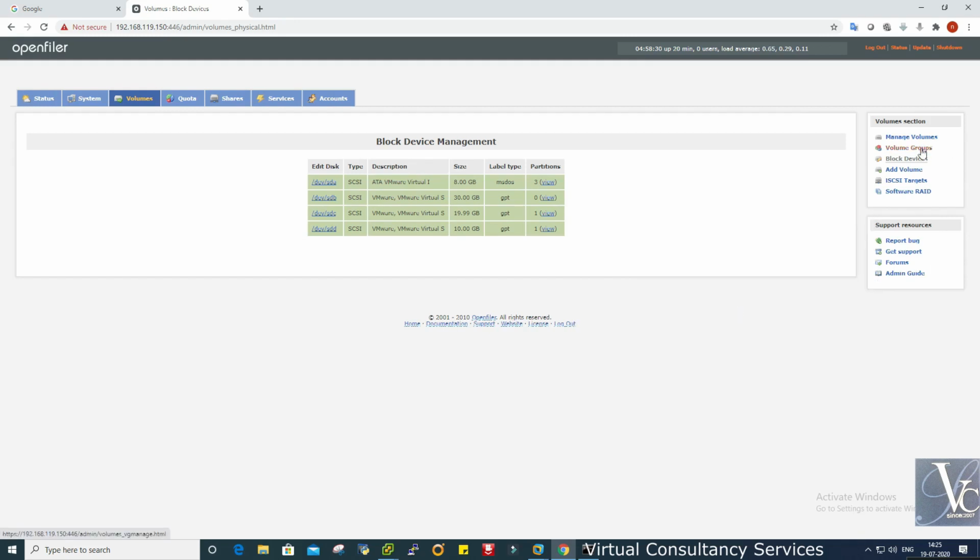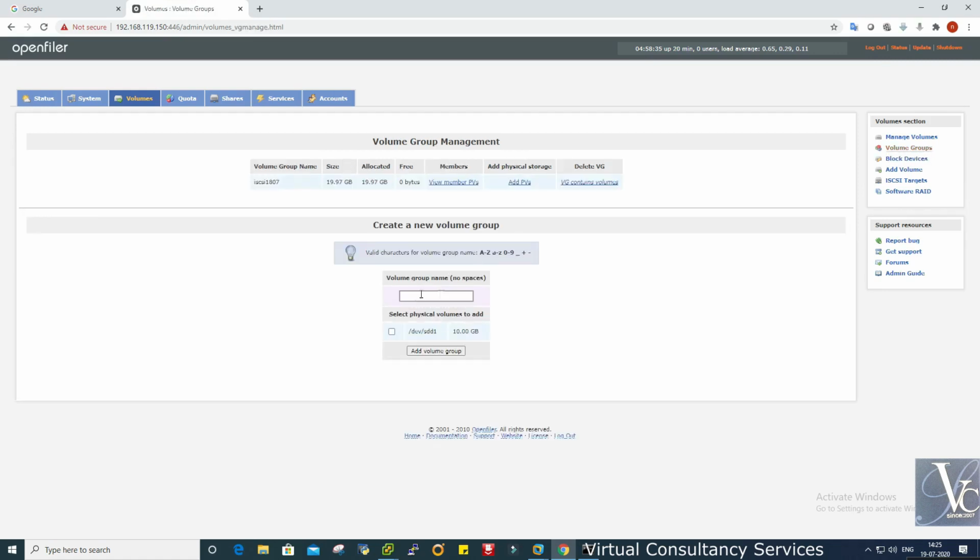Okay, so I created all these volume groups, but it is not showing there.